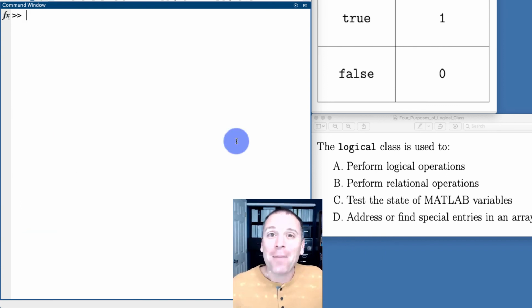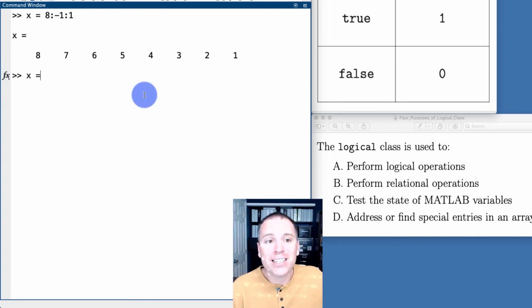The last thing MATLAB allows us to do with logical variables is to address or find special entries in an array. Specifically, let's pretend that I defined a row vector that starts at 8, goes down by -1s, and goes down to 1. There's the row vector. Now, if I were to type x == 6, I am effectively asking MATLAB, please find the values of x that are identically equal to 6.